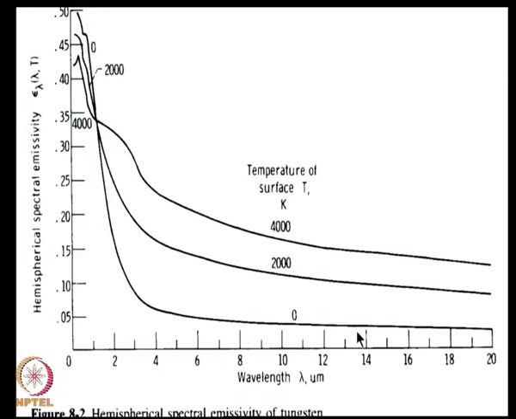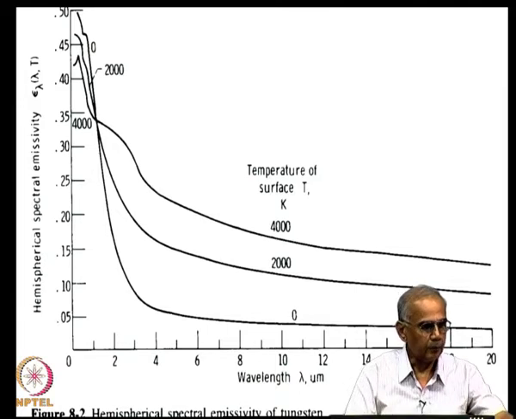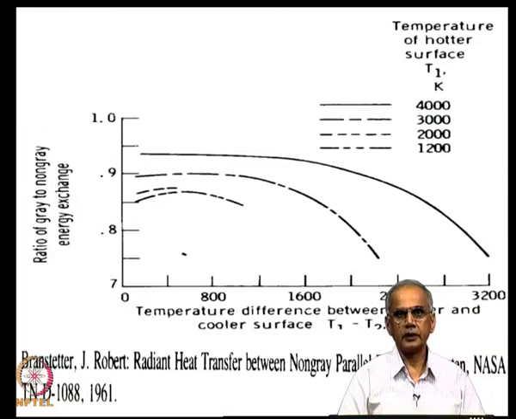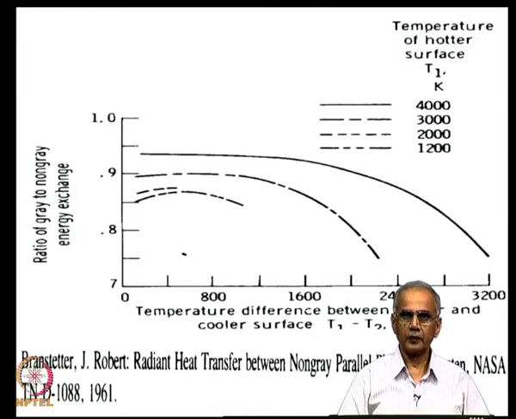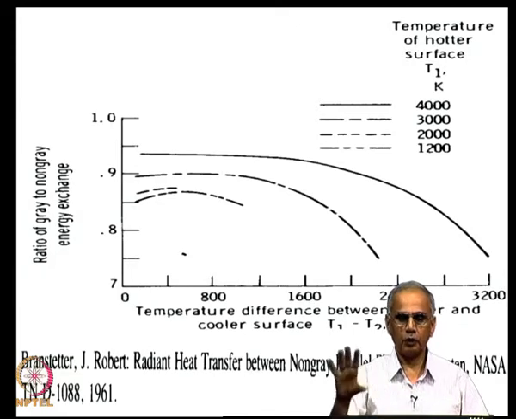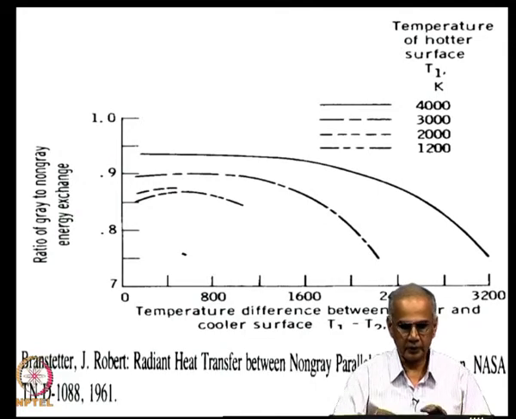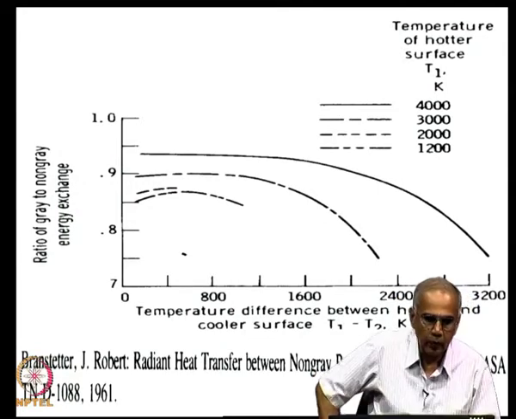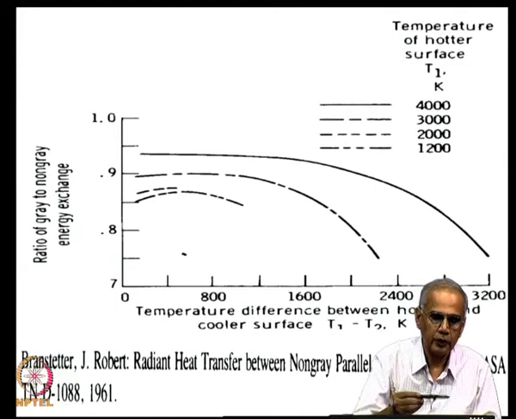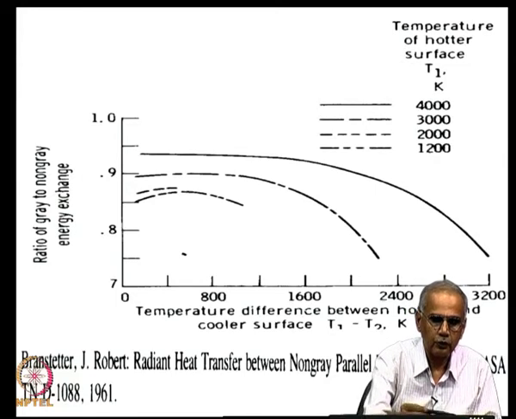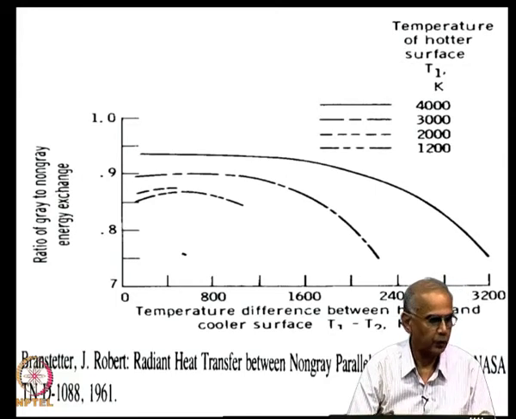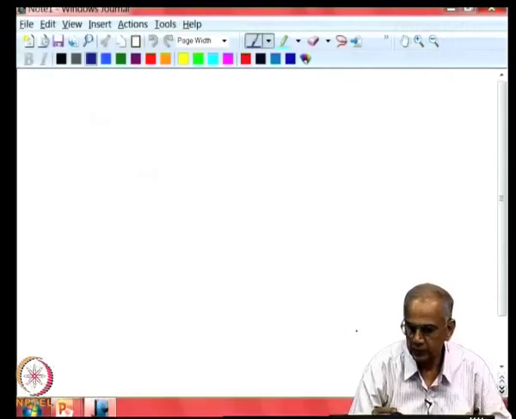Now, suppose the two plates on either side are metal. What is the heat transfer rate? So, you have to calculate this numerically by calculating flux at certain wavelength intervals and averaging over all the wavelengths. I have given you just a result obtained from this NASA paper. Now, what we have done here is we have shown the ratio of gray to non-gray. So, let me explain that through this example here.